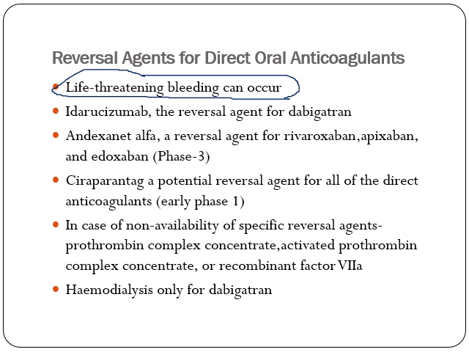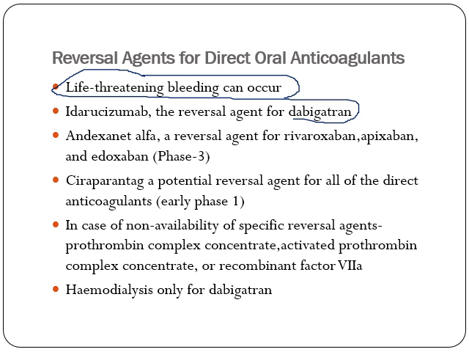The drug of choice for reversing the dabigatran effect is idarucizumab. It is a monoclonal antibody that binds with dabigatran and forms an inactive complex, and that complex is excreted through the kidney, thereby lowering the plasma levels of dabigatran.